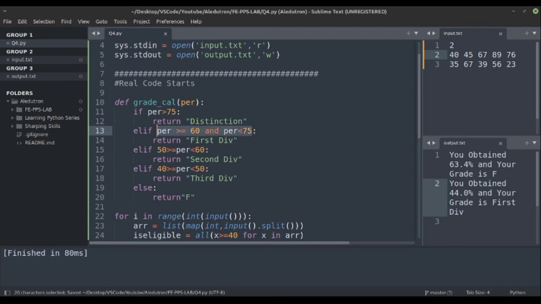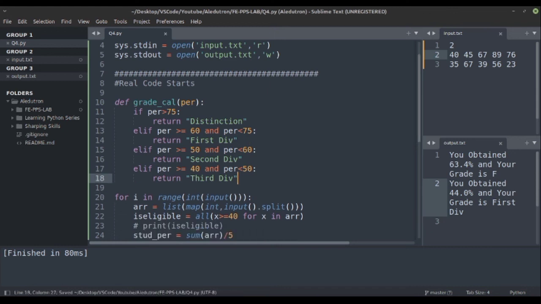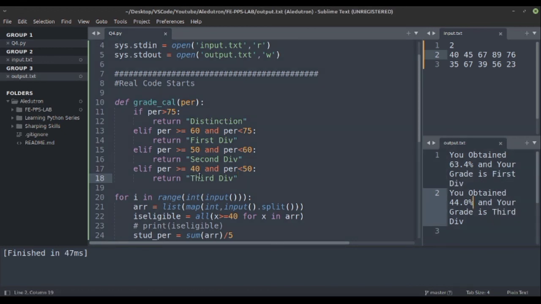Similarly, it should be greater than 50, less than 60, and here also greater than or equal to 40 and less than 50. Let's remove this else. So you obtained first division, 44 means the third division. Yeah, now it is working properly.